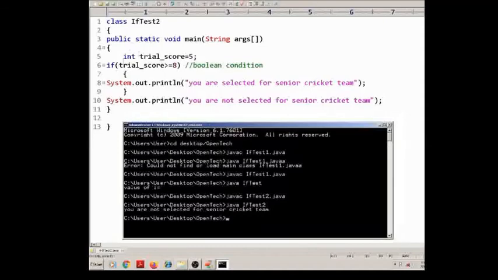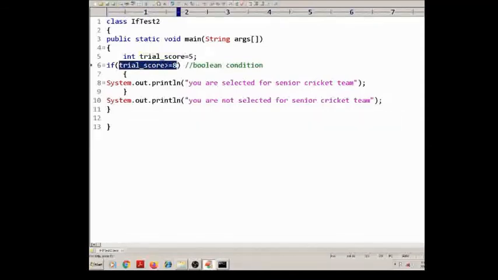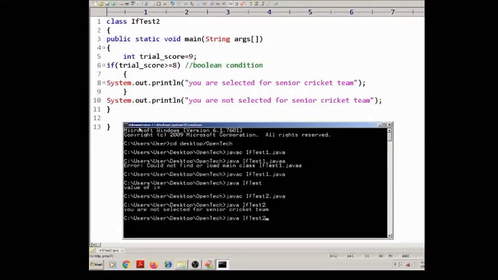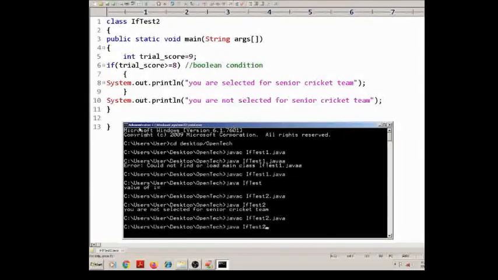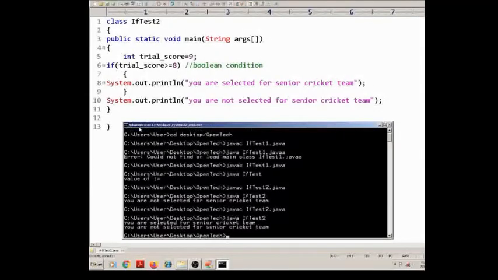Why? The Boolean expression becomes false here, so the if block statement will not execute. Again, now if the trialScore becomes 9, then what happened? Save again, compile your program. Program is successfully compiled.